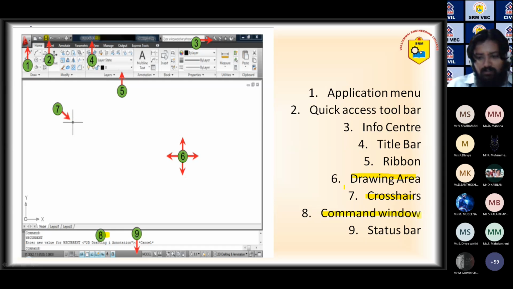So nowadays, even commands are very, very important. But for easy access, a lot of new options have come in the toolbars itself, where you can just click and use. So my point is very simple, please make a note of commands. Why I'm saying this: if they are going for any upgradation of software, or if you are not given the latest version, if you are going to be in a job,